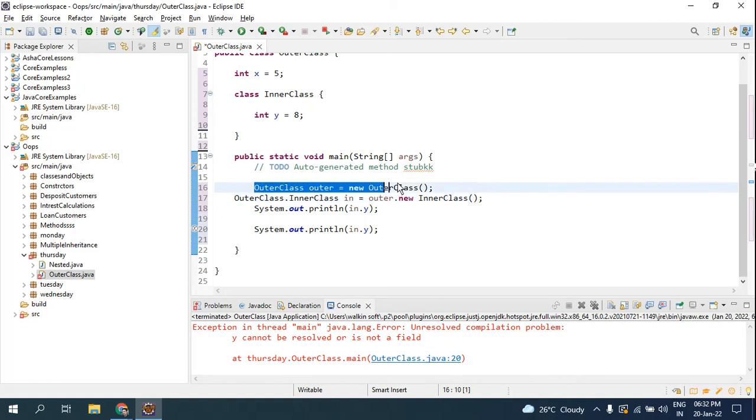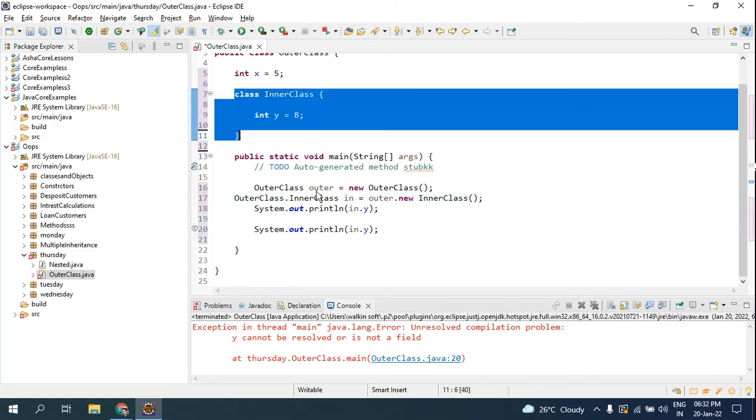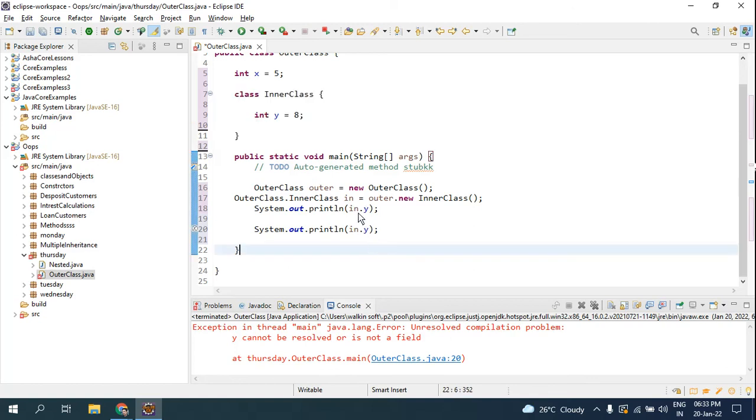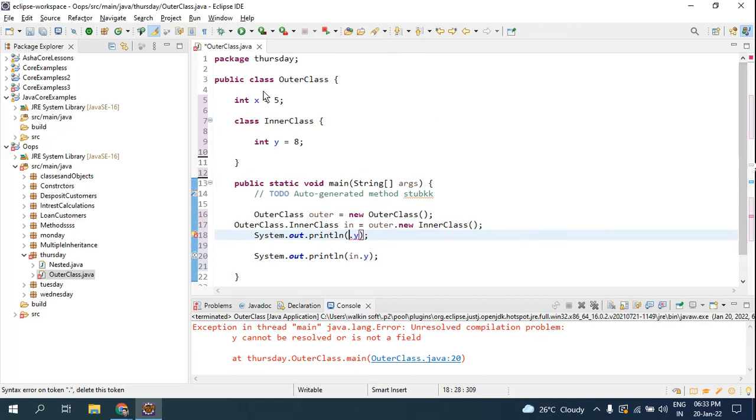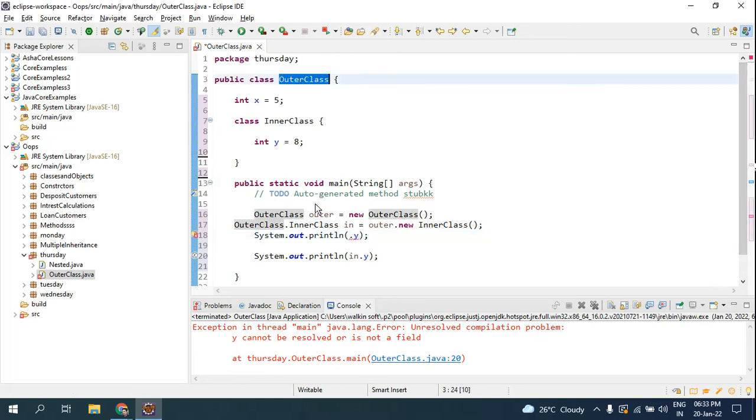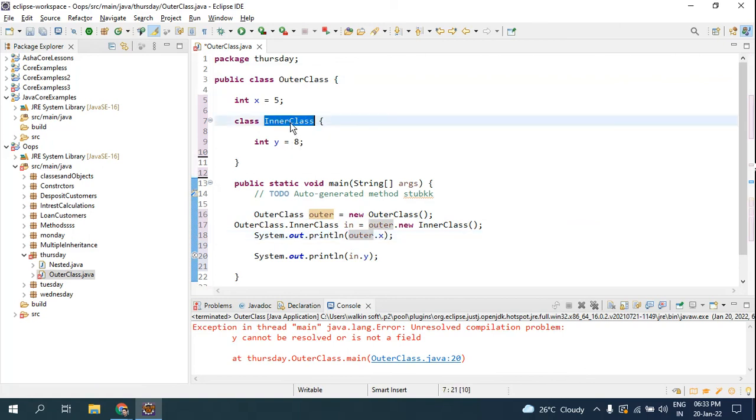So you can create the object for the house, but you cannot create the object for a room directly. This room is completely different. This is also a class, but to create an object for that, you have to do it this way. Now if I check for outer X, observe here, to get this access I have this object of the outer class. So I am going to check outer dot X, and to get the value for this inner class I have the object in. So now if I run my application,